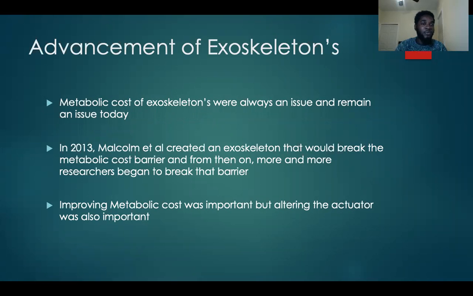But one of the main issues was metabolic cost, which is essentially how it affects the user while they're using the exoskeleton. In 2013, Malcolm et al., or Malcolm and his research colleagues, broke the barrier of metabolic cost, and from then on, they set the trend for so many other researchers. But after breaking the barrier, that was not the only thing left. The actuator became an important